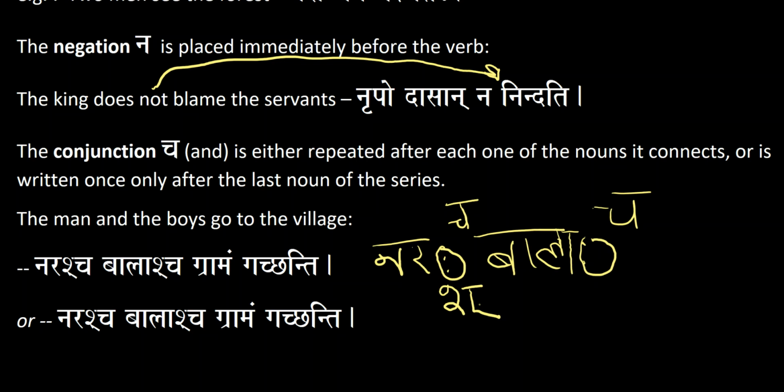So the man and the boys go to the village. So again, it's either repeated after each one of the nouns. So the nouns in this sentence are the man and the boys. So narahacha, balahacha becomes narascha, balascha. Or you could just say, or what you